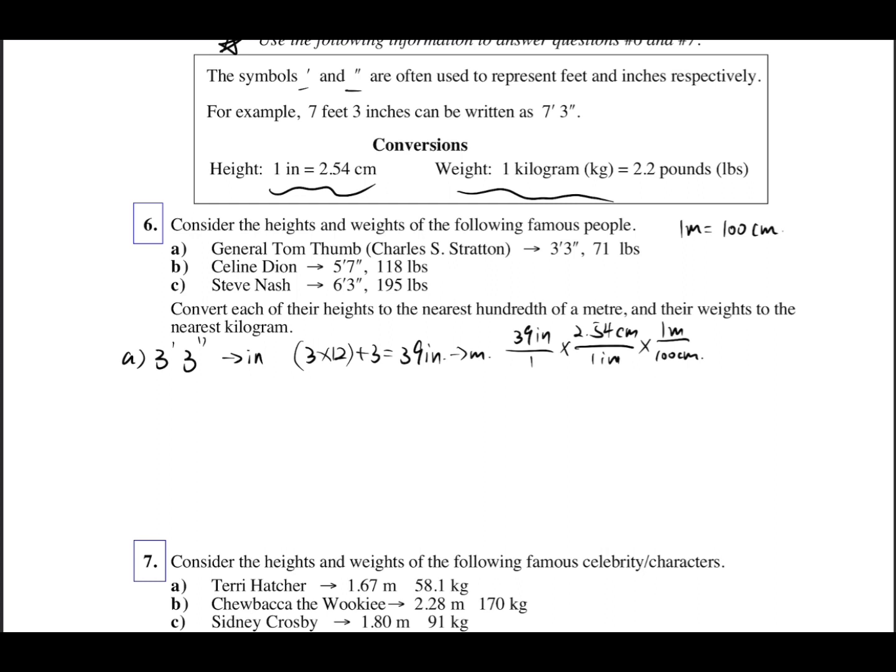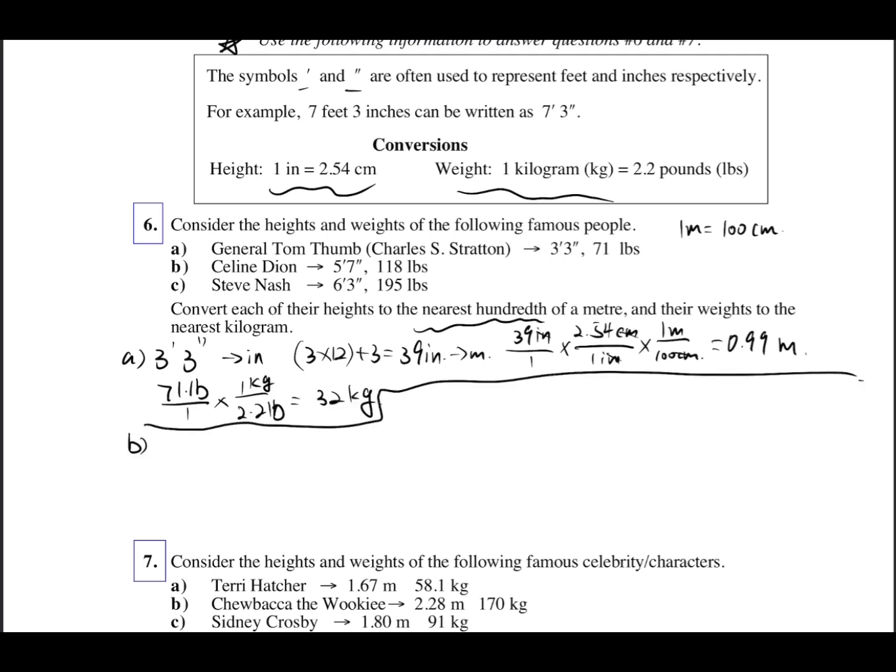If you're not sure, write the factors at the beginning. If you are really confident about your mental math, you don't need to, but I do recommend writing the factors at the beginning, and then you can cancel everything. Don't forget the hundreds near here. Okay, and for B, the inches are 5 times 12 plus 7, which equals 67